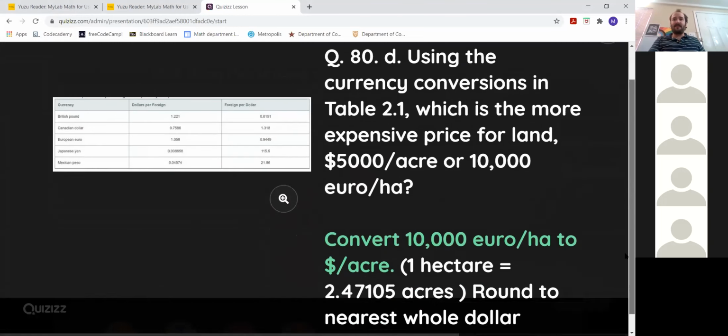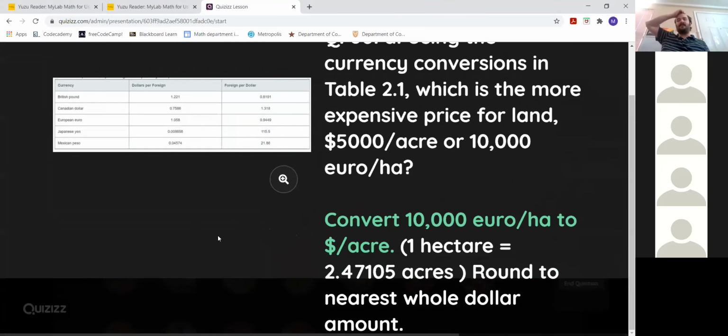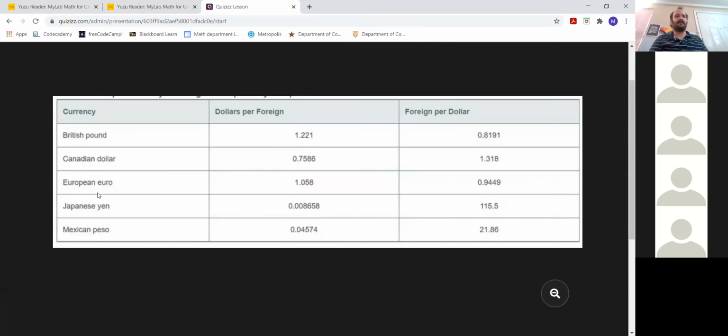So we want to compare these 2 prices. So we got to convert one or the other. So I chose kind of for you, I guess, convert this 10,000 euros per hectare to dollars per acre. So there are two things I want to convert. I want to convert euros and I want to convert hectares. So if I'm looking here,